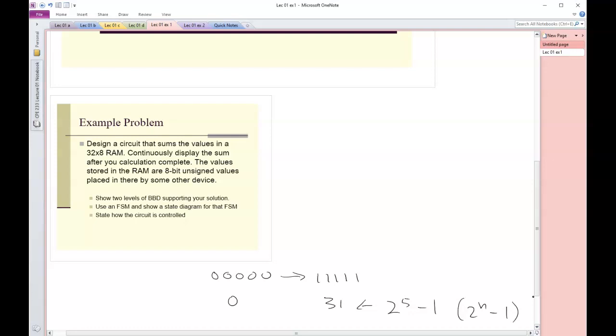And additionally, I need to set that up as an accumulator. Hopefully you worked with an accumulator in your other class. It's just a special configuration of essentially a ripple carry adder, which is a combinatorial circuit, and a register. So something like